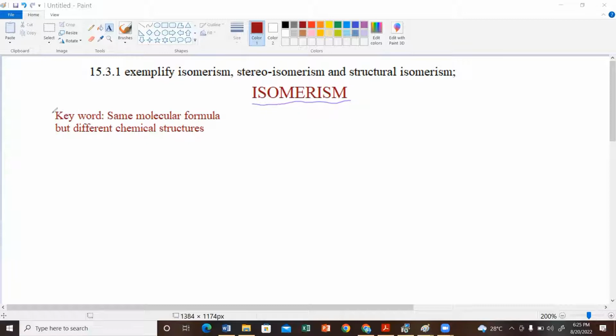Whenever you hear the word isomer, two keywords are enough to define it. The first one is same molecular formula, and the second key is different chemical structures. What does it mean? For example, we have C4H10, right? In C4H10 there are 4 carbon and 10 hydrogen. If we draw the skeleton formula, there are two possibilities: CH3,